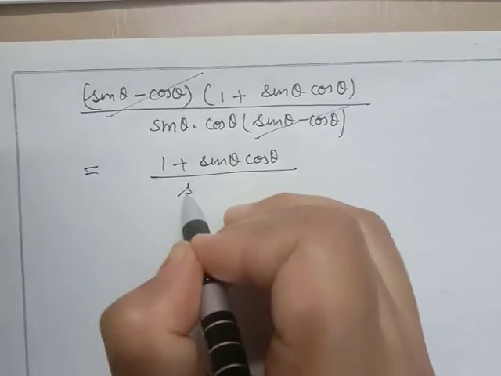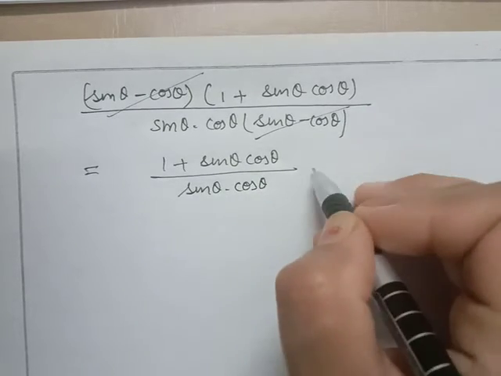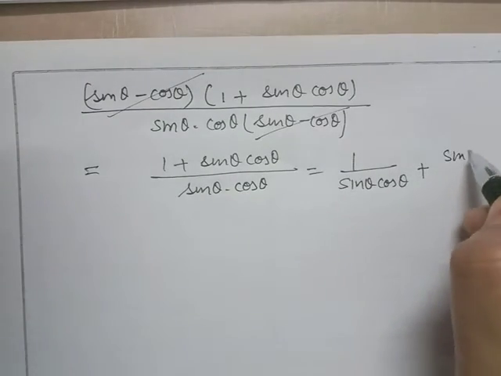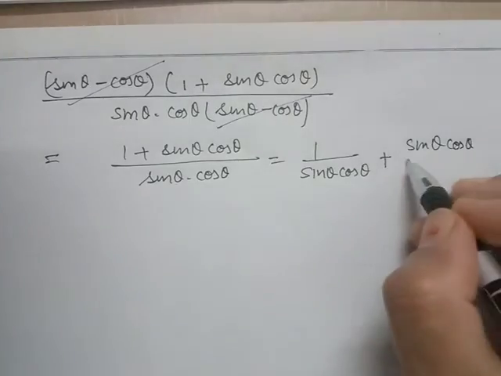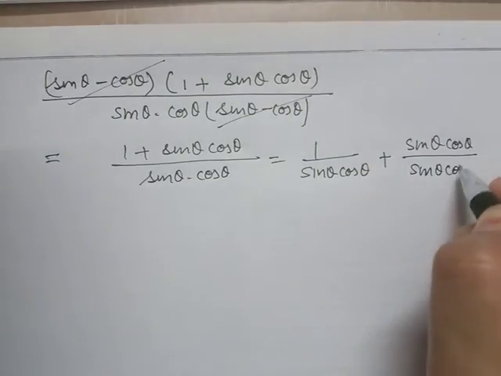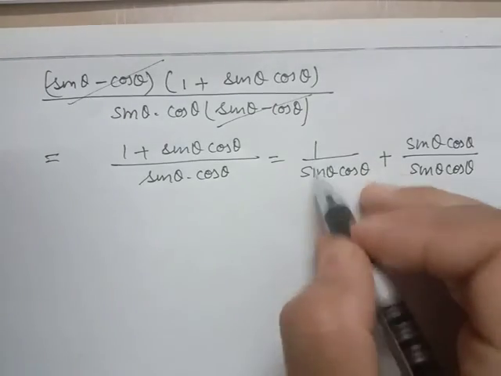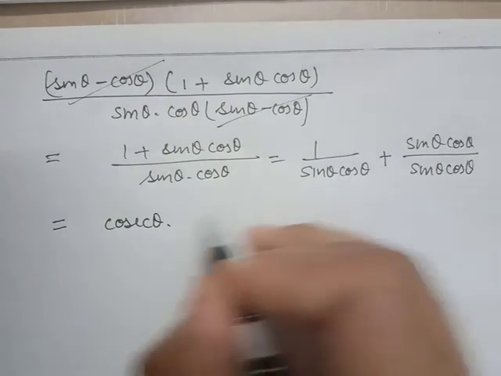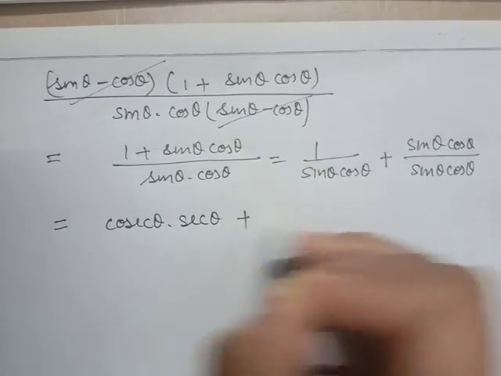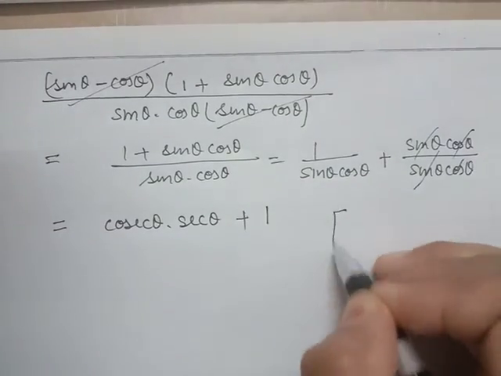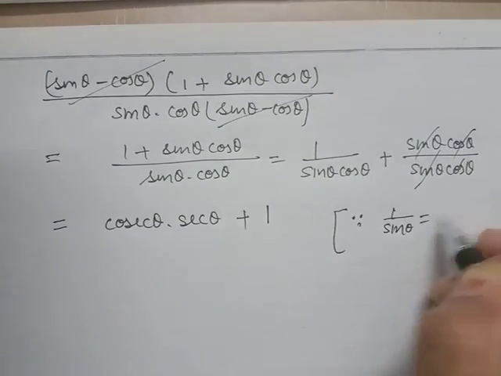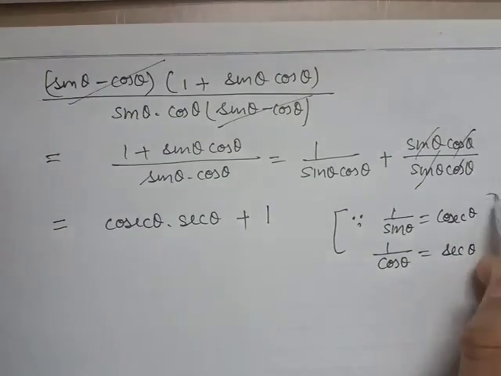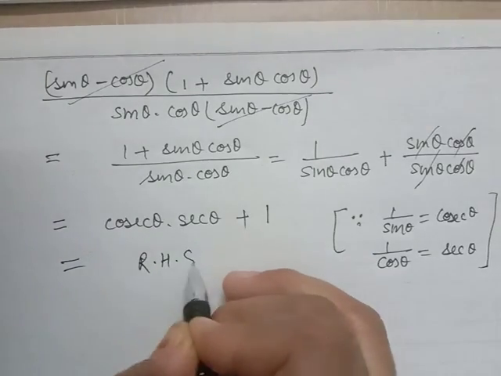Now for the right hand side, dividing by the denominator, both the terms do it separately. This over this, this over this. When we divide, 1 over sin theta is cosecant theta and 1 over cos theta is secant theta, and this cancels, equal to 1. What we have applied is 1 over sin is cosecant and 1 over cos is secant, and this is our right hand side, and hence we can do this question.